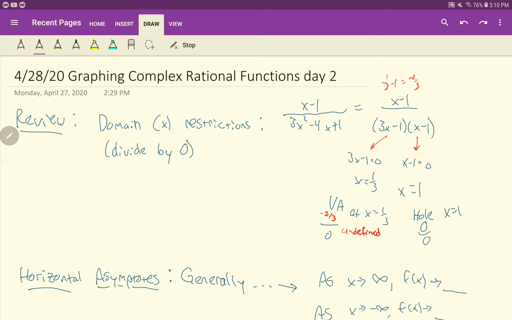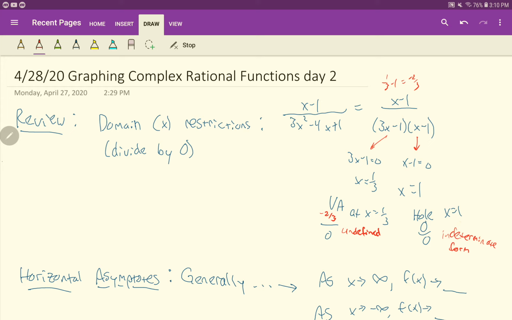Okay, now with 1 though, this is a hole. Why is there a hole at 1? Because if you plug 1 back into your function, again, the factored function or the original function, you'll get 0 over 0. This is not undefined. This is called indeterminate form. Okay, so that is a different result, and it results in x equaling 1 being a hole